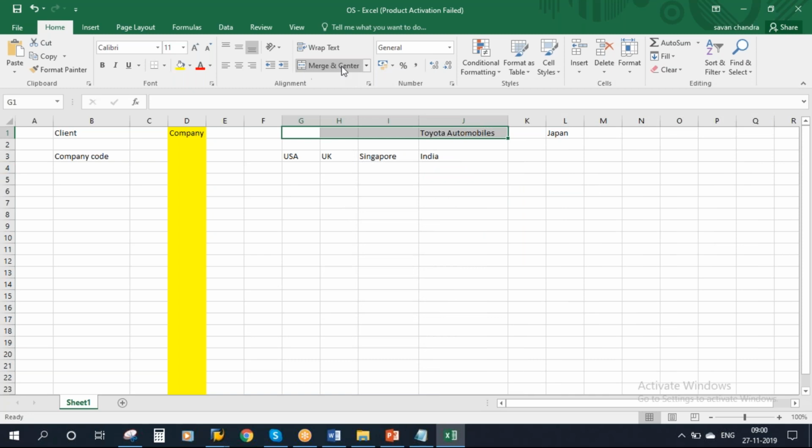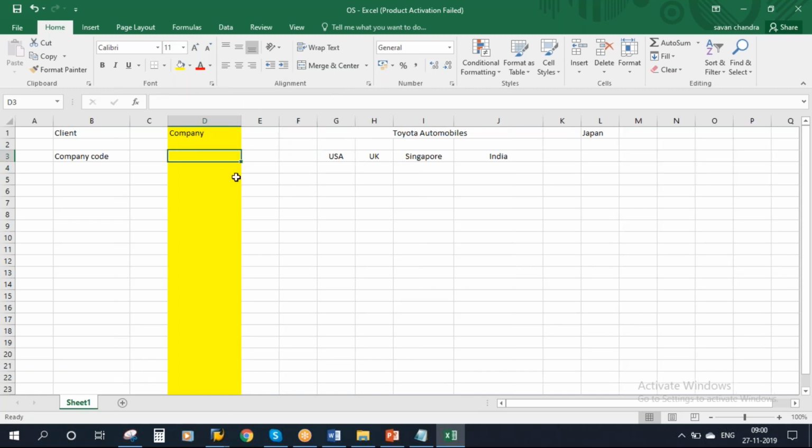Let's say Toyota Automobiles has its presence in these countries. In the USA they do manufacturing, sales, distribution, whatever they do. So for the US, they will create a company code. As I told earlier, company code is a finance accounting unit, a separate accounting unit.